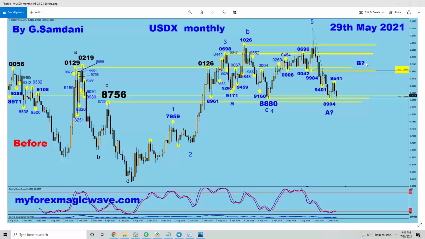So let's get started. This is the chart I made on May 29th. This is the US dollar index monthly chart showing the bigger picture, right? The monthly chart is the biggest one. And this is how it is. It's sideways,